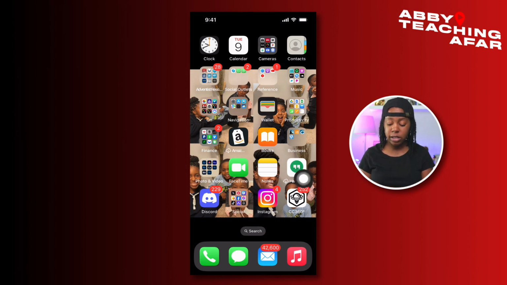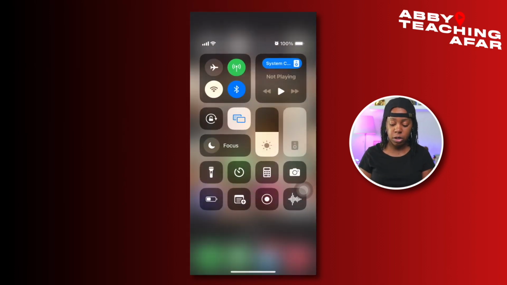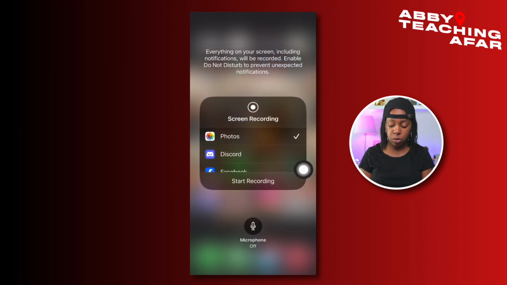So here we go. First thing, I have my assistive touch on. So that's great. It's always on for me. So if you want to turn it on and off, that's on you. Mine is always available. I'm going to go ahead and swipe down. I'm going to long press on the record button, and I'm going to press microphone on,